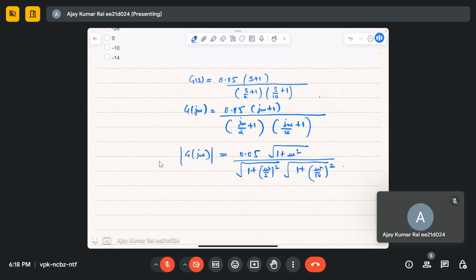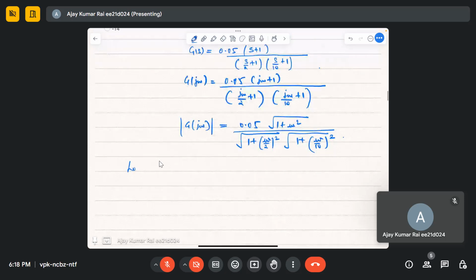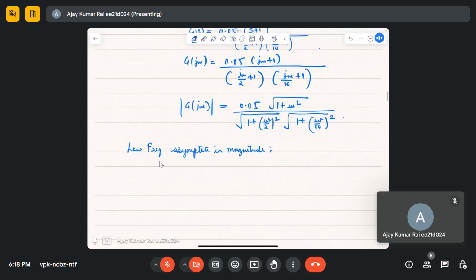Okay, so we are looking for the low frequency asymptote in the magnitude plot, right? So what happens in that case? We neglect the omega term because omega is very small, close to 0, in the low frequency region. So if we neglect that, we are